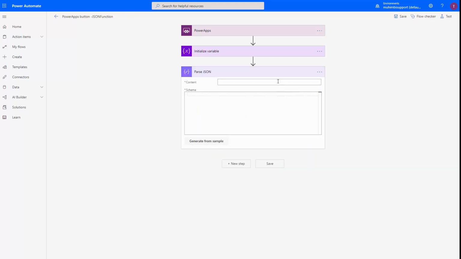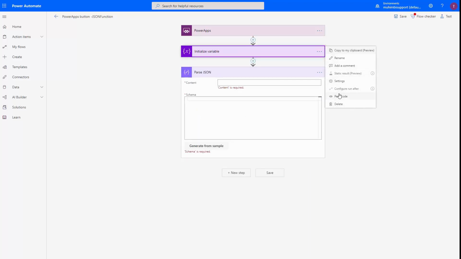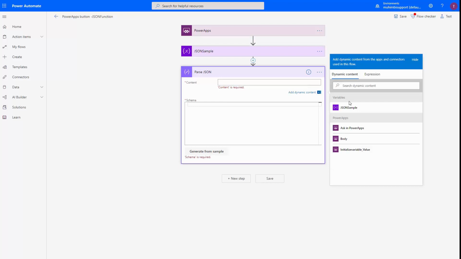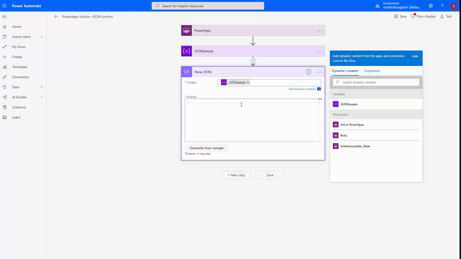I'll rename this before we go ahead, JSON sample, and then pass in the content out here. Now we need the schema. From where can we get the schema? The schema can be found by navigating back to our PowerApps